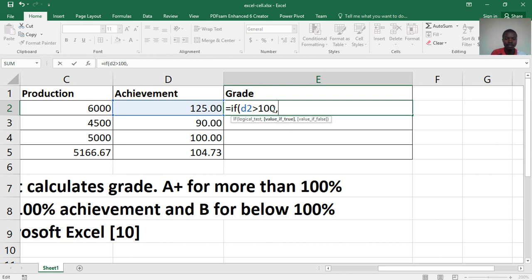So if D2 is greater than 100, then we put the grade, and the grade is what? When the value in D2 is greater than 100, so that's A plus. So we put our double quote, and then we put A plus, and then we close the double quote, and then we put our comma. Then after the comma, we now want to put the value that's going to be printed if it's not true that D2 is greater than 100. I'm going to repeat that. I said if the value in D2 is greater than 100, we print A plus, right? So A plus is the value that is going to be printed if it's true that D2 is greater than 100. But if it is false that D2 is greater than 100, then we're going to print the other grade. But now